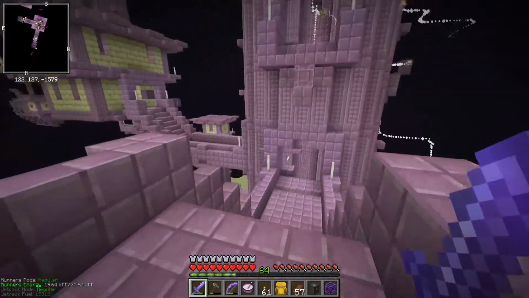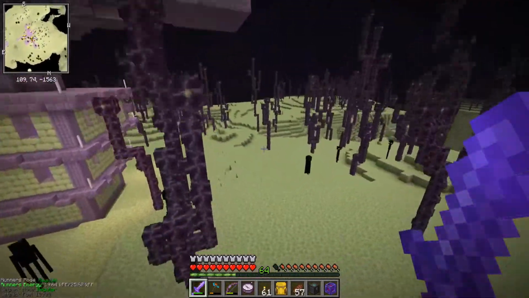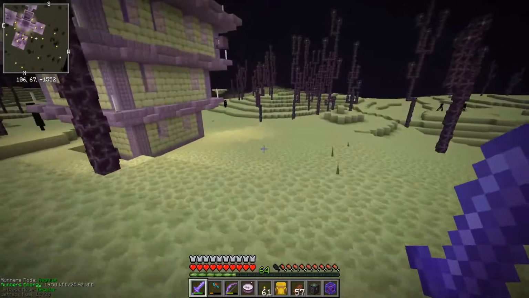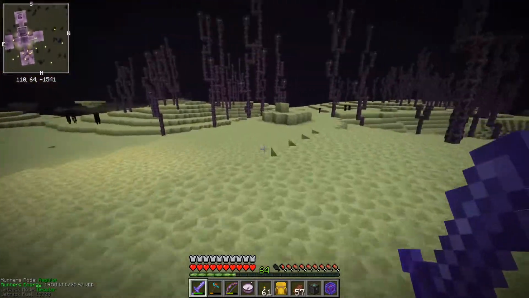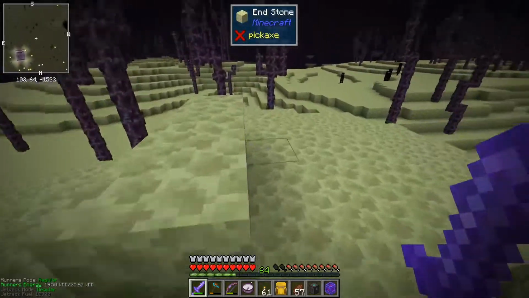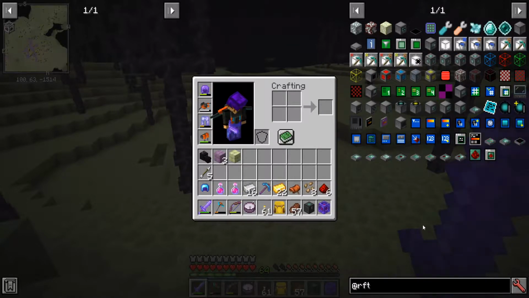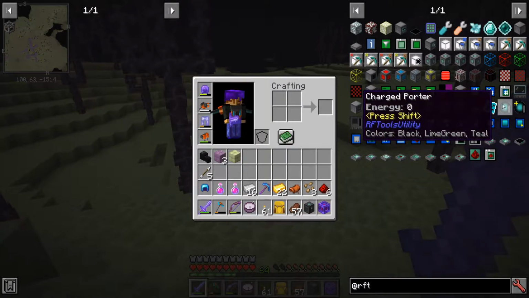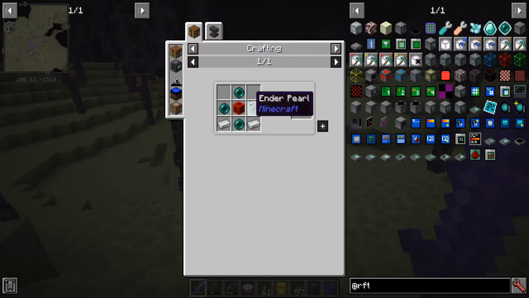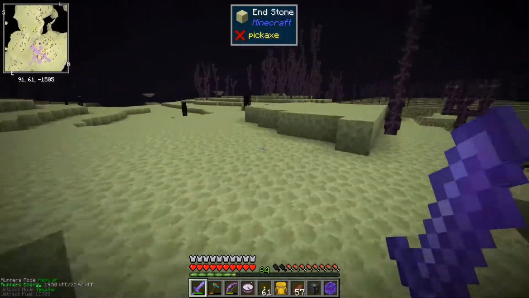Alright, more ender pearls, don't mind if I do. And... route. So, I guess time to head back home. Which, does our tools actually have, like, the thing? No, it doesn't go there. Oh, yeah, it does, right here. Charged porter. Oh, yeah, that would have been easy to make. Well, I didn't have enough ender pearls when I left anyway, so...